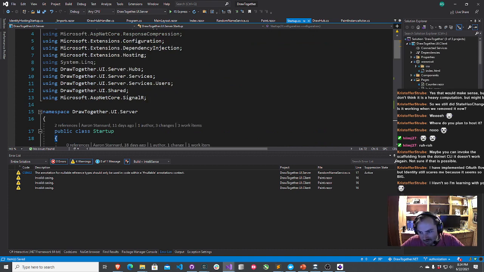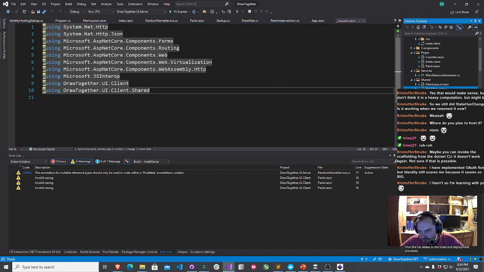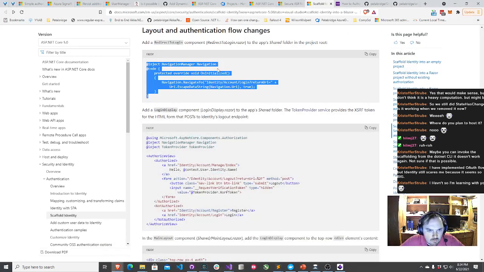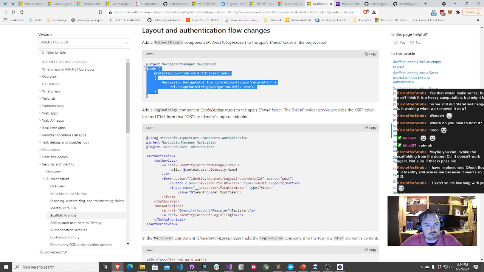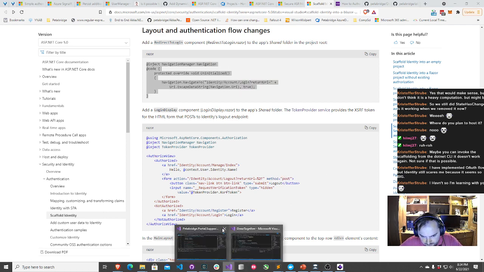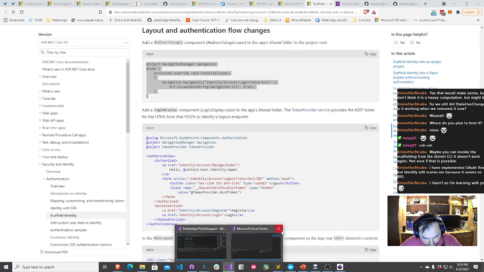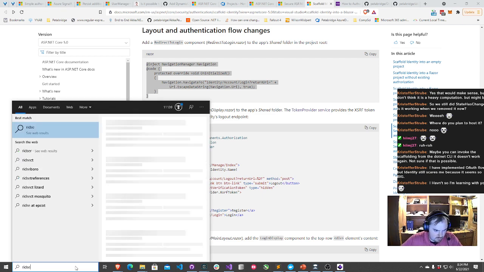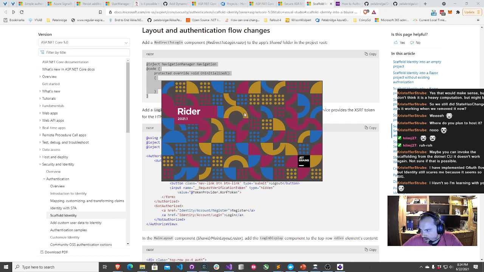Well, that makes me feel good. All right. So I need to go ahead and find, is it an import.razor? Nope. Nav menu. Which component is it? Add or redirect a login component in the app shared folder. Oh, whoops. That's what I've got to do. Okay, so let's do that. I'm going to go back to Rider because it treats me better. Rider makes me feel good. Visual Studio makes my computer feel inadequate about its performance.